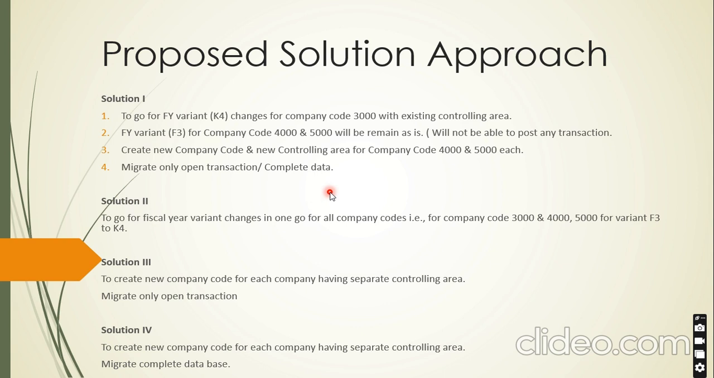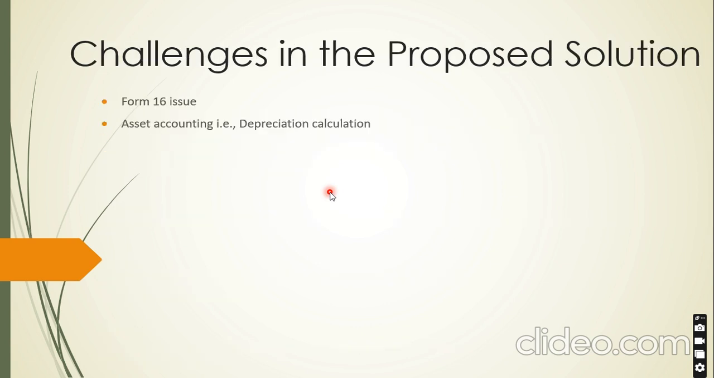Okay, I'm going to a new slide: Challenges in the proposed solutions. Challenges means the Form 16 issue and the asset accounting depreciation calculations issue. These two are the major challenges that will come into the picture if we change the fiscal year variant in the